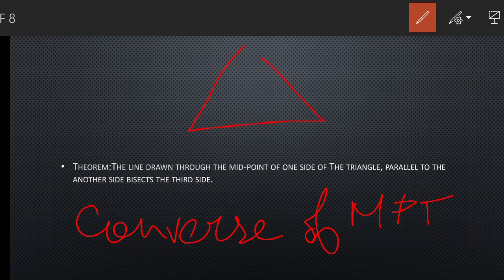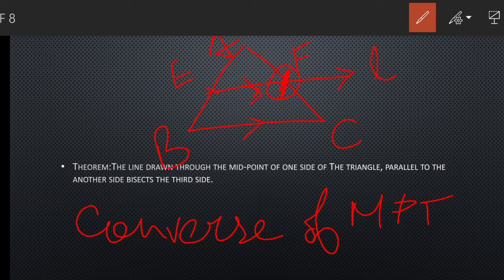That means if we have a triangle ABC, it is given that E is a midpoint. So from this point E, if we draw a straight line L, from the midpoint of AB, that is E, parallel to the third side BC, this line intersects the side AC at F. So F forms a midpoint.